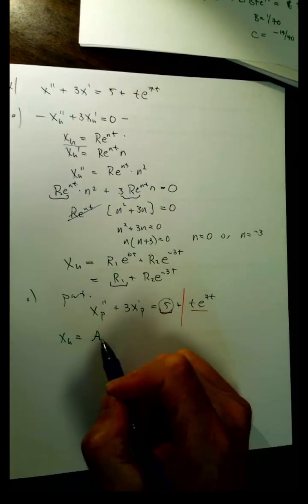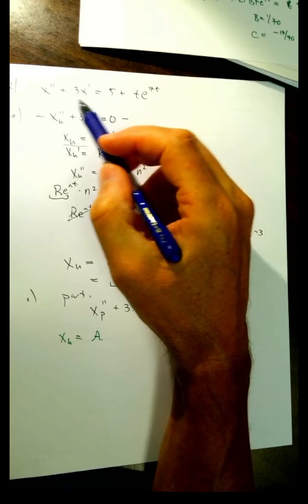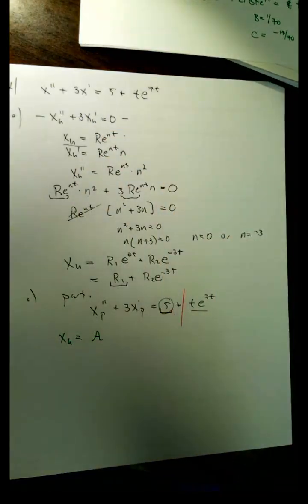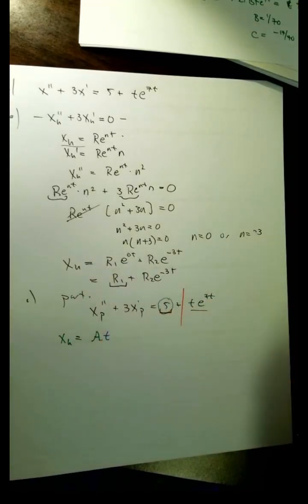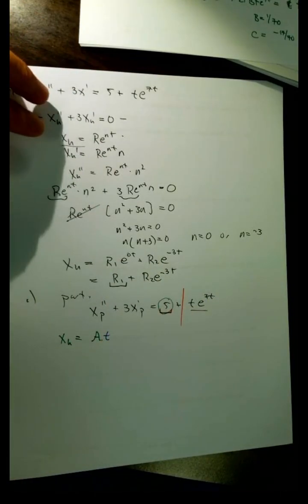I know if I plug a constant into my original equation, if I start taking derivatives of this, it's just going to give me 0, because that's the homogeneous solution. So I have to multiply the whole thing by t. All right, now